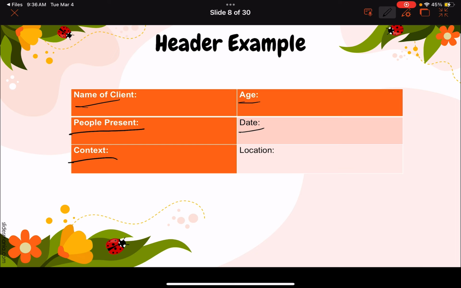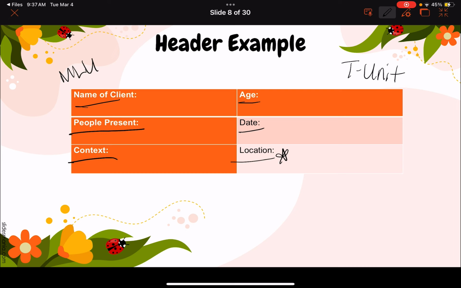What is the context? Is this just a casual conversation? Is this a play environment? Are we outside? Are we in a therapy room? Sorry, that's our location, outside or therapy room. This is really critical because it might really impact how the child is performing. Because again, MLU, this is MLU, but for a T unit count,